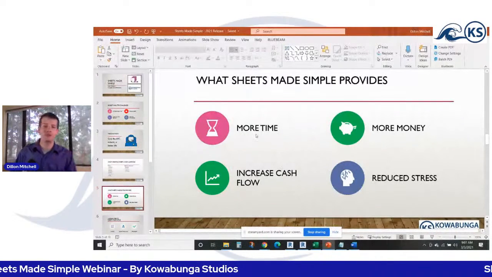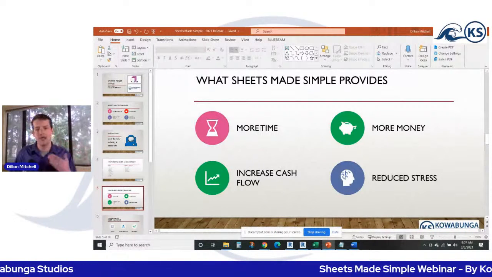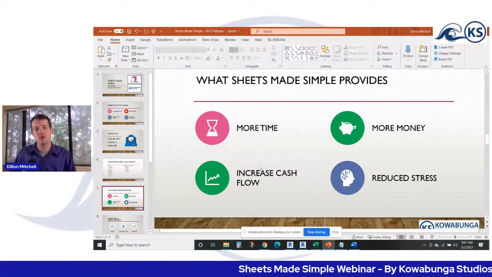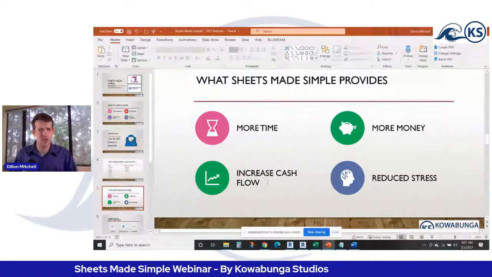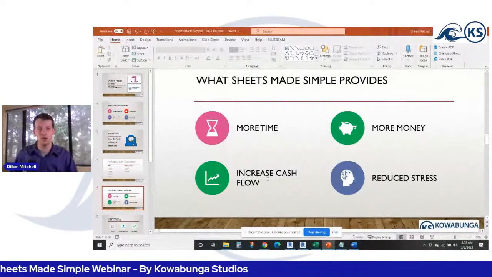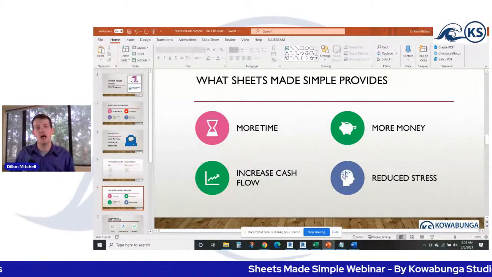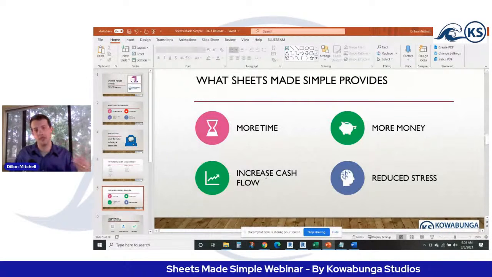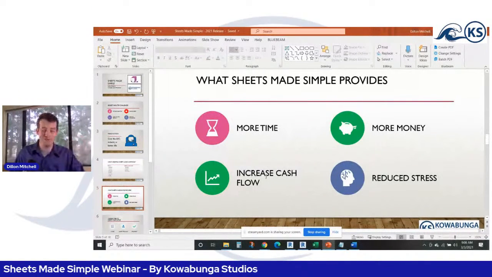So Sheets Made Simple really provides you more time, increases your cash flow, right? So all the time that your team is not working, right, not moving that project forward, you're not able to hit percent completes, you're not able to hit milestone dates. And this is a big deal for a lot of companies, right? That percent complete at the end of the month means you can bill a certain percent, which means your cash